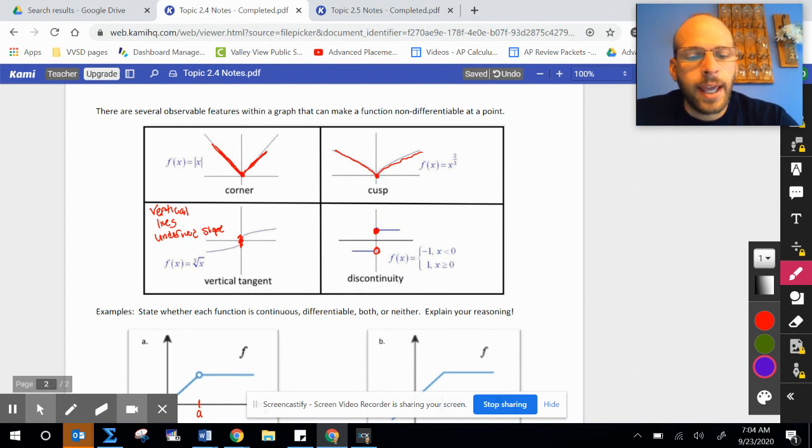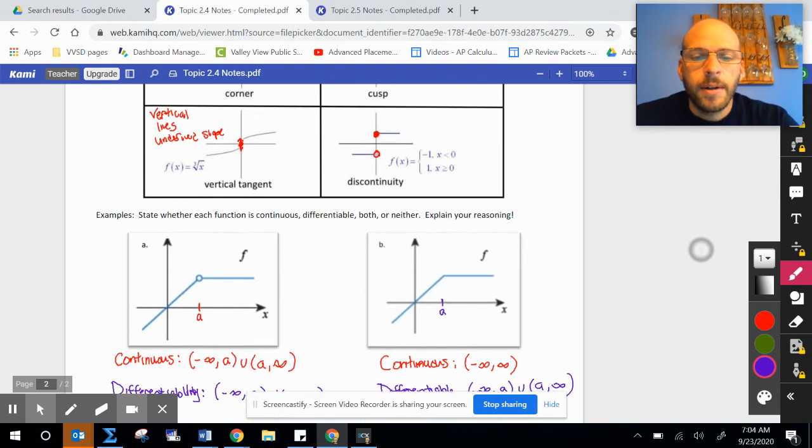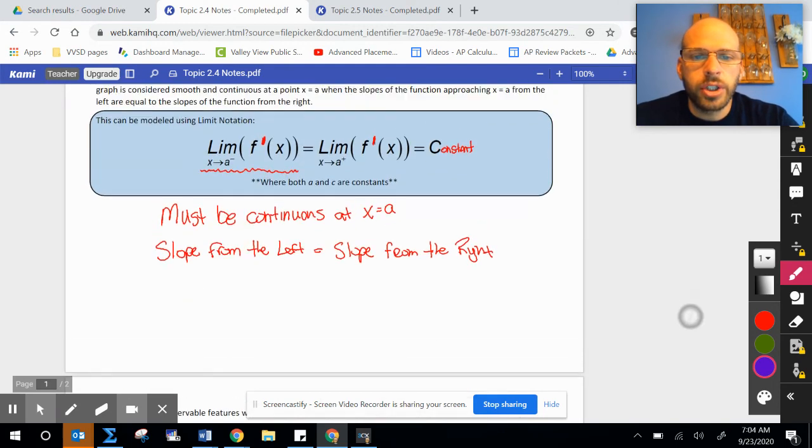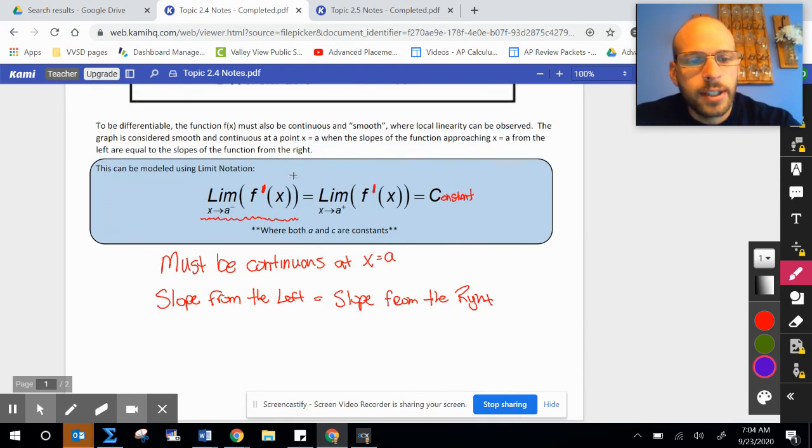Any of those points cannot be differentiable. In the future topics, we're going to talk about how to explore that algebraically. All right. But visually, and also I want you to understand for future topics this definition for differentiability: the slope from the left has to equal the slope from the right in order for it to be differentiable, and it must be continuous. That's very, very